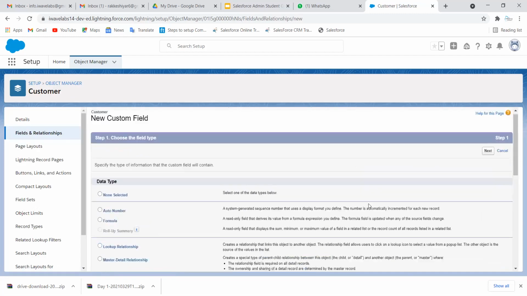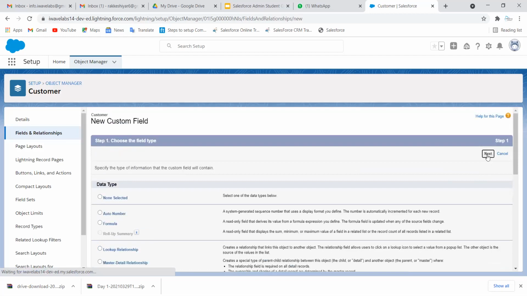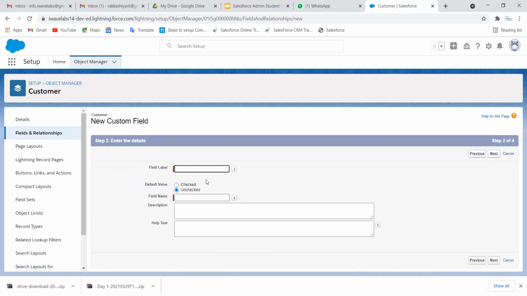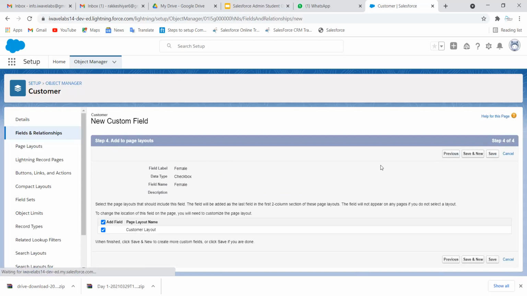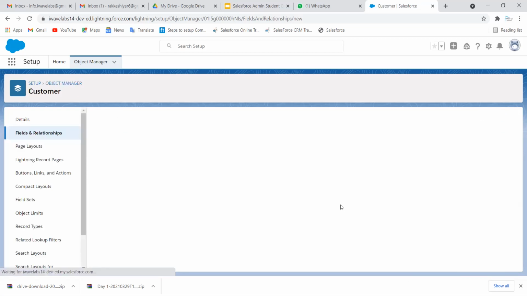Now I'm going to select the gender as female. So it is unchecked. Now click on next. Visible to all profile, click on next. Now this field will be added to the custom layout. Save here, save and new.